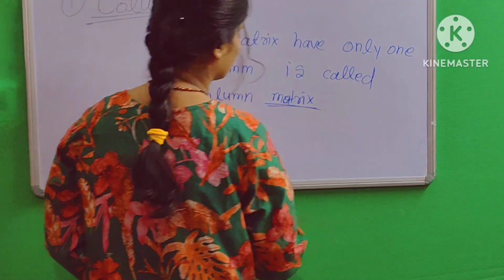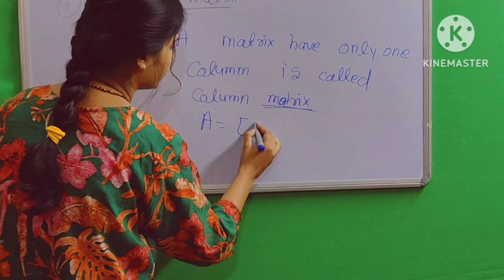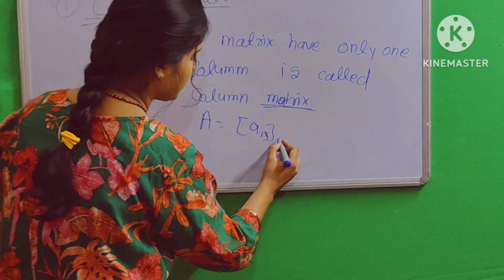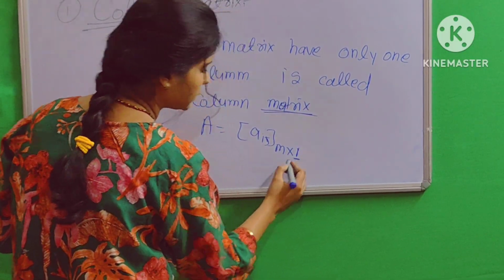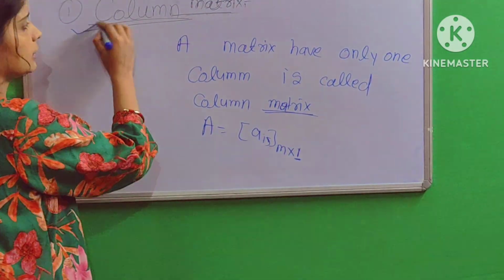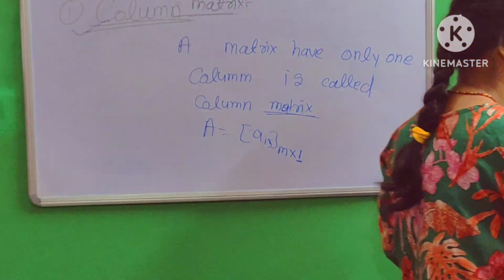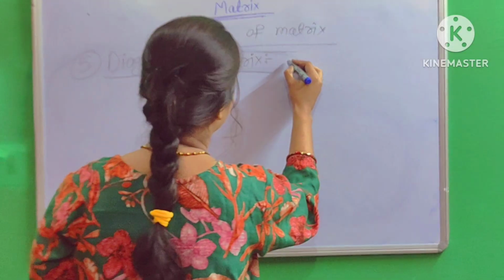Column matrix. If we have A equals Aij, it means m cross 1, because the column is only 1 in a column matrix. Okay, next is diagonal matrix. A matrix